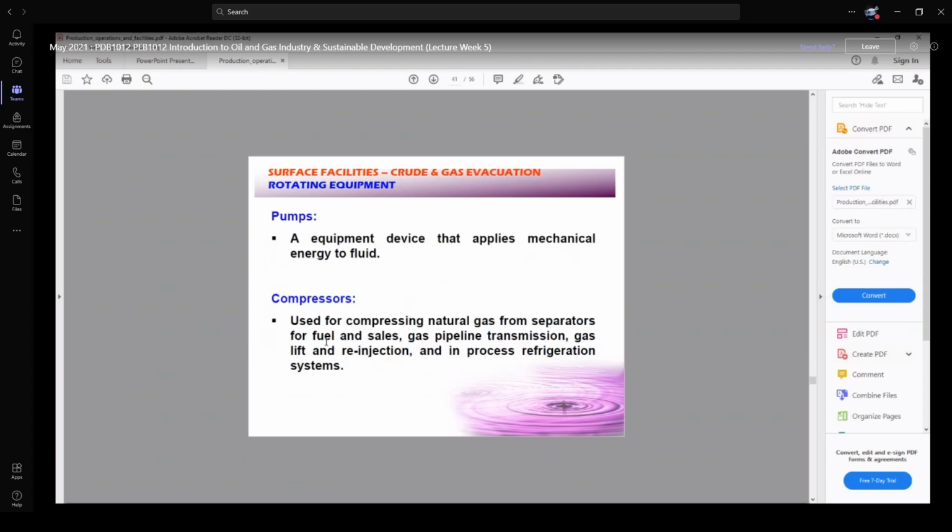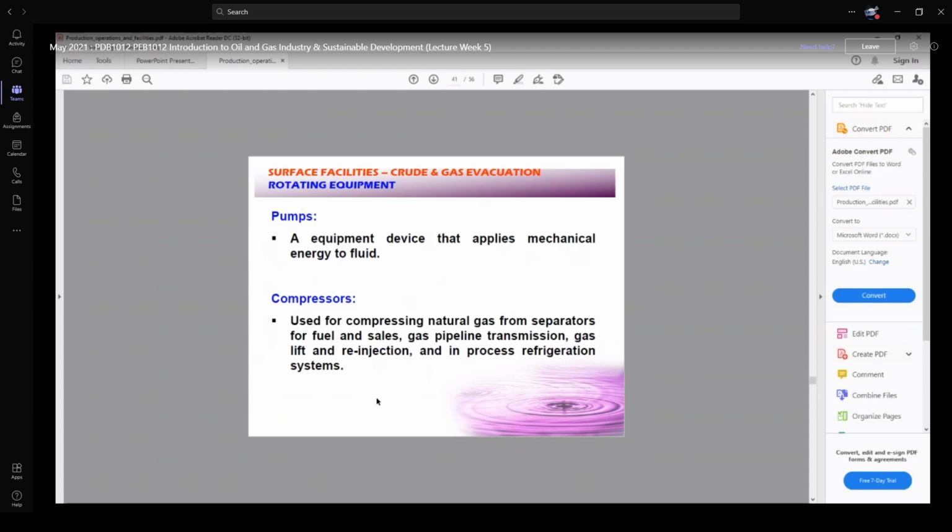Okay, so a pump is a device that uses mechanical energy. We give mechanical energy to the fluid to transfer it from one point to another, or from one location to another location. A compressor is a device actually used to compress the natural gas coming from the separators,